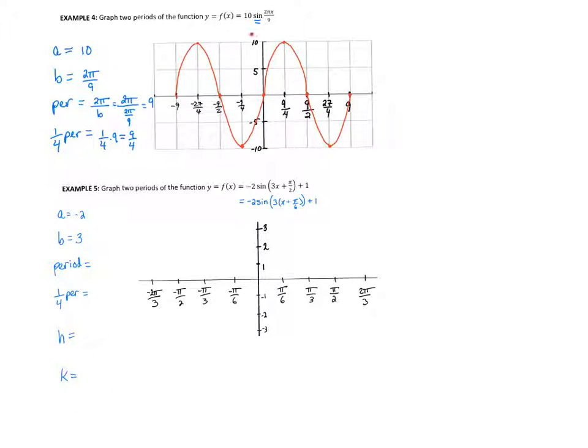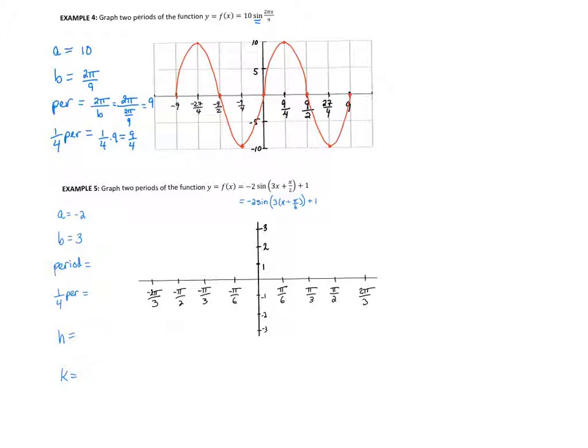So, we did the second example. Again, it was a sine curve. Basic, though, just had an a value of 10 and a b value of 2 pi over 9. Numbers across the x-axis a little bit funky, but nothing we can't handle. And, of course, a, again, letting us know where our max and minimum values are. So this is where we left off with this